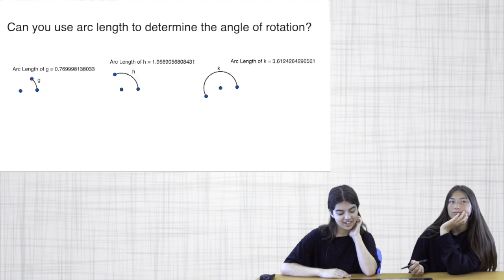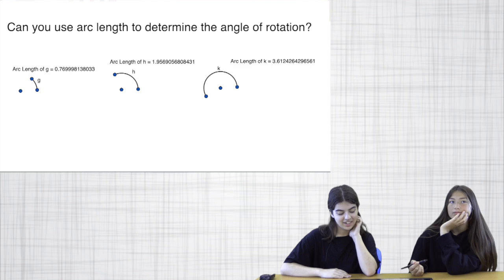In the previous episode, the students determined how much a person in the Caribbean has rotated after they have traveled 1,000 feet in a circular path. This made them question their answer to the original question in this lesson. Can you use the arc length to determine the angle of rotation? In this episode, they will revisit this question and think about what additional information they would need to determine the